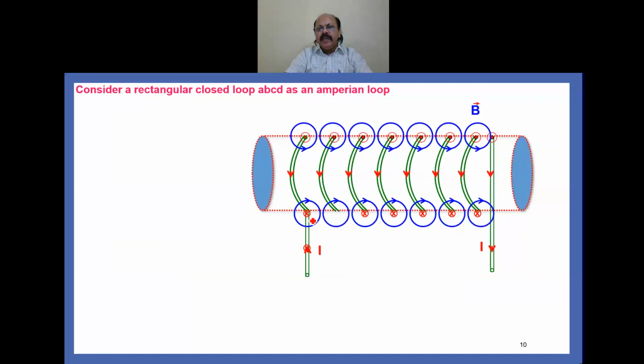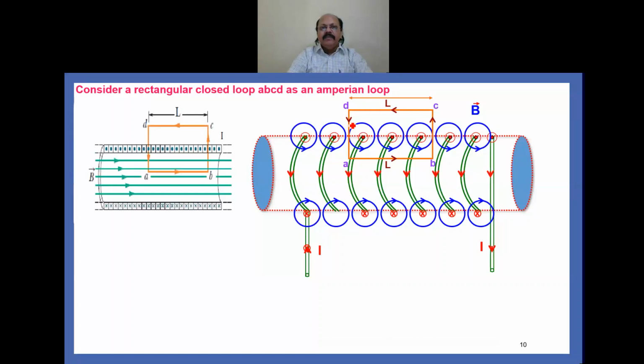That is why the cross in a circle shows the magnetic field perpendicular to the plane acting inward here and outward here, and these circles represent the magnetic field lines. For finding the magnetic field inside the solenoid, we consider a rectangular loop, say ABCD, known as an Amperian loop,